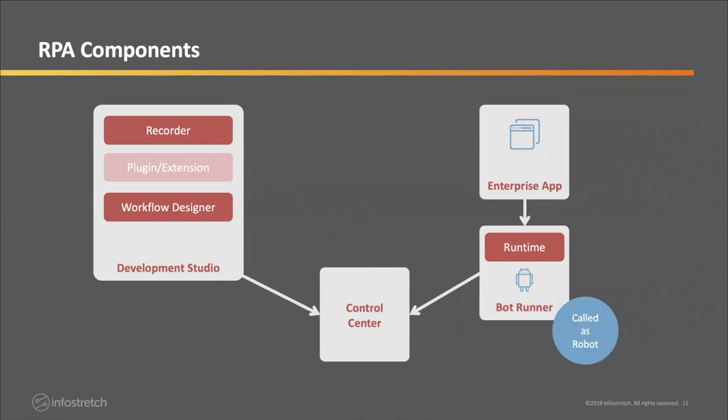Now, then comes the bot runtime. Bot runtime is very important. This is where all this logic that you have built through the designer or the development studio is actually going to get executed. And last but not least, one component, and this is not common, but we will see, is the control center. The control center is sort of a control room from where you can manage your bot runtime: what is running, when it is running, what priorities you want to set when you're running these processes. All those things can be controlled. So this is, I would say, not exactly an architecture, but a component schematic for these